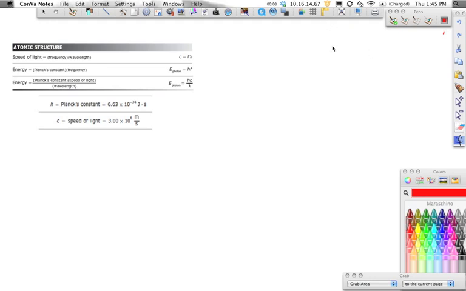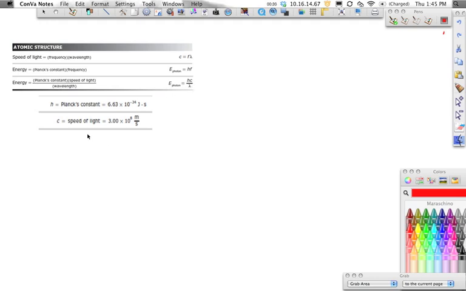All right, guys, let's talk about the light and dealing with the equations with light. Now, here what I've done is I've screenshotted from your star chart. These are the three equations that we use to deal with light. Okay, this represents the speed of light equals the frequency times our wavelength. This is energy equals Planck's constant times frequency, and energy equals Planck's constant times the speed of light divided by